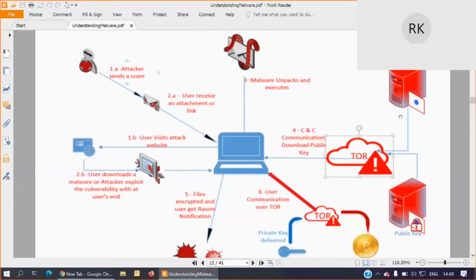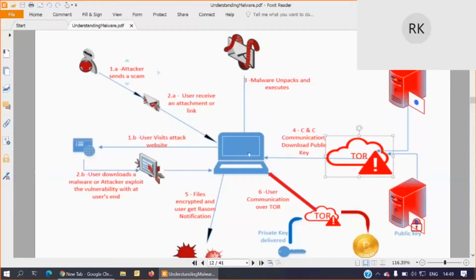The attacker will try to download some of the required infrastructure, like a public key, for the encryption. He would like to encrypt all the files on your system, so for that he will use a public-private key pair.